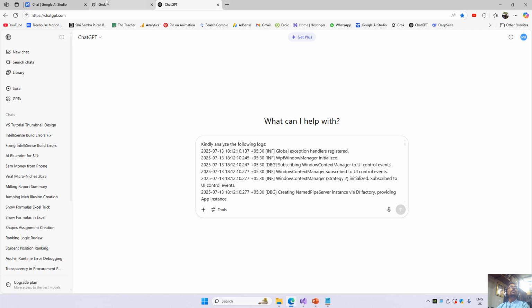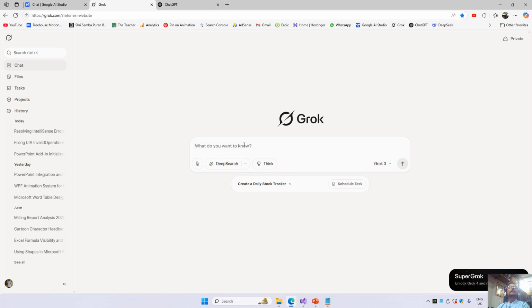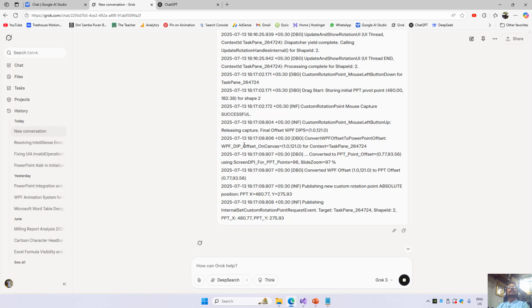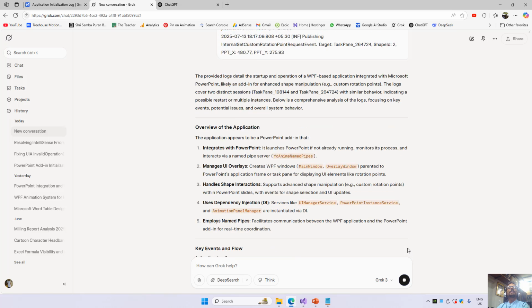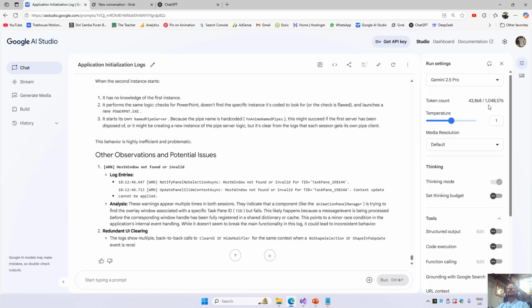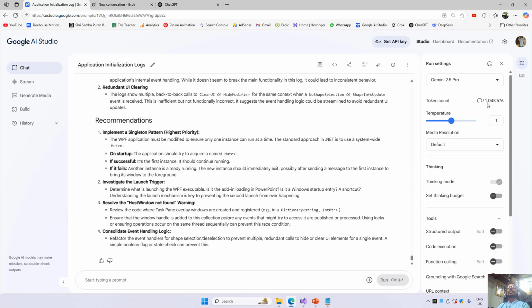And if I move to Grok, and I also give the same logs to Grok and hit the enter key, it has accepted these logs, but it also is limited if you are going to provide huge code files. But Google AI Studio can accept that many tokens, around 1 million tokens in one shot. You can see that all the logs are counted around